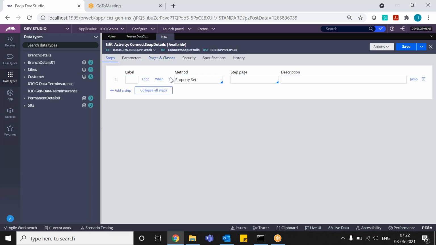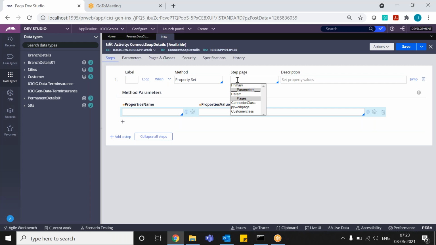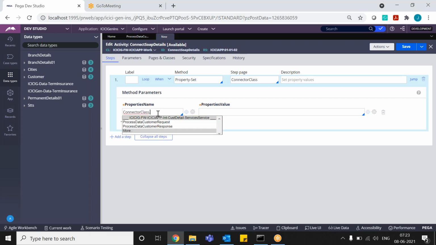Now for property set, in the step page you can give connector details. Request dot, that one, dot customer.